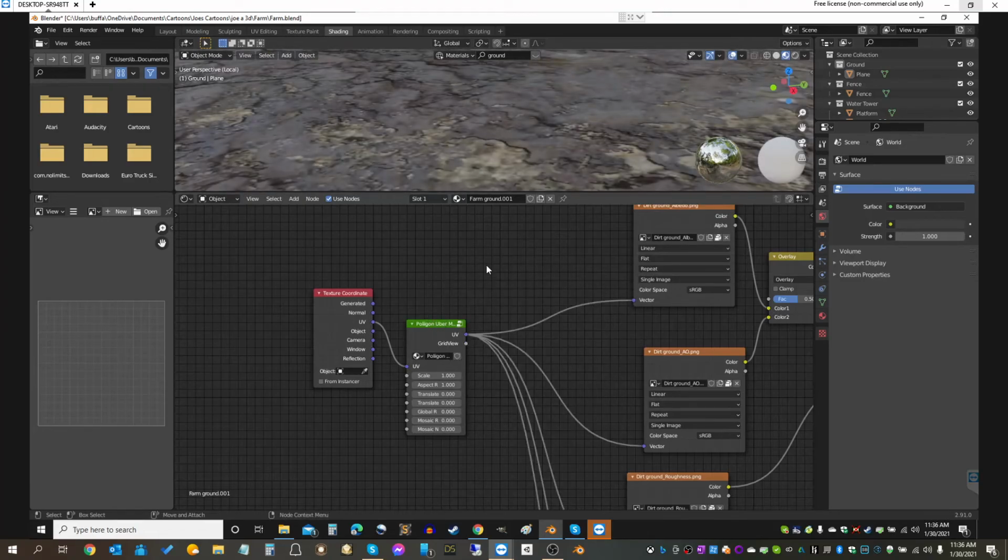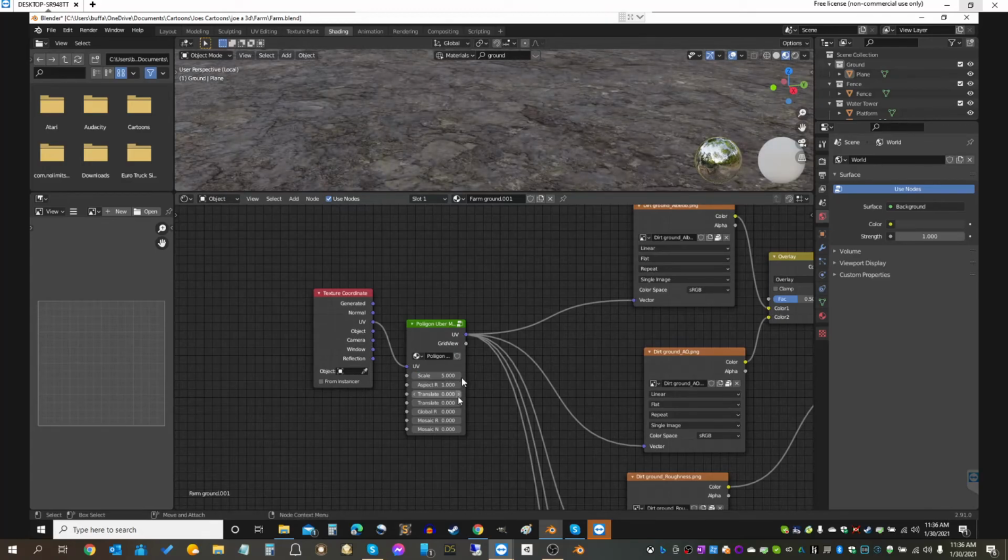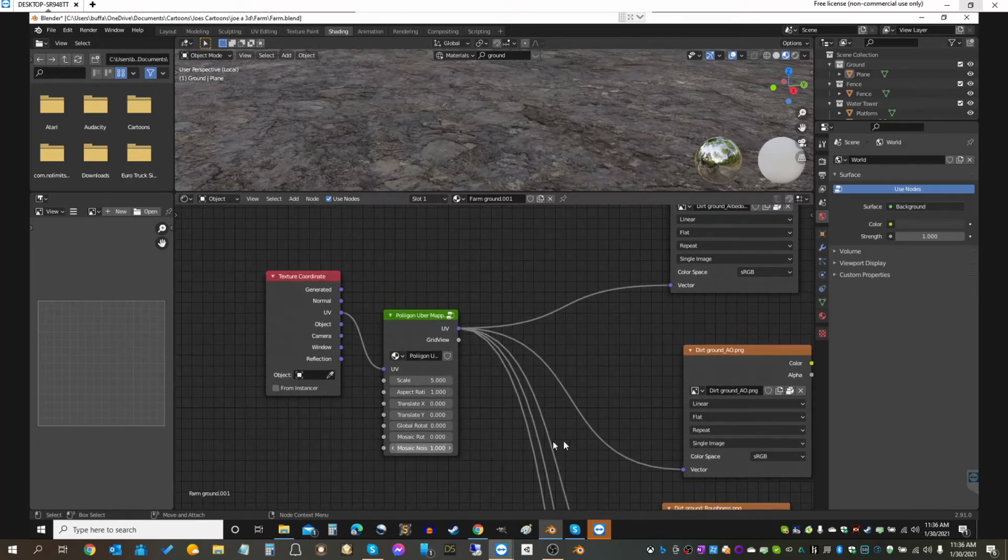So this mapping node is very similar to the one that we already had. We changed the scale to 5. This time there's only one scale instead of a bunch. But this is the magic down here. I'm just going to go really fast. I'm going to do that, and I'm going to come up